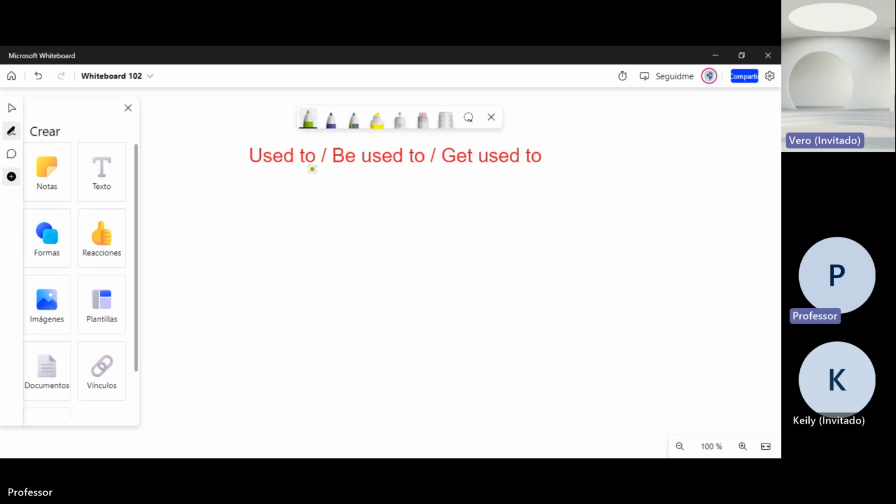So let's say "used to" is not the same, it's one activity that happened in the past, but you don't do in the present now. Not exactly. Okay. Well, "used to," yes. It's something that you did in the past, okay, but in the present, you don't do that anymore. Okay. For example,